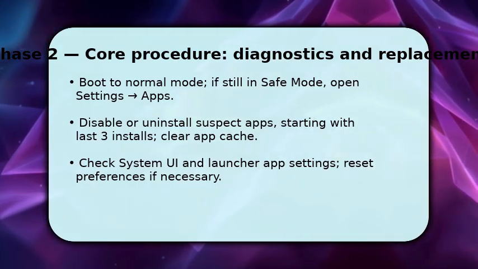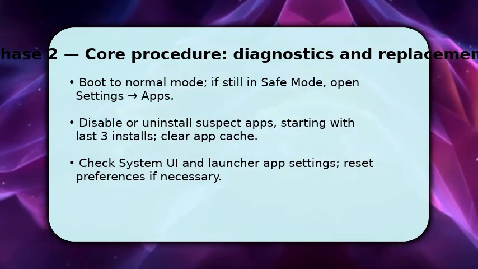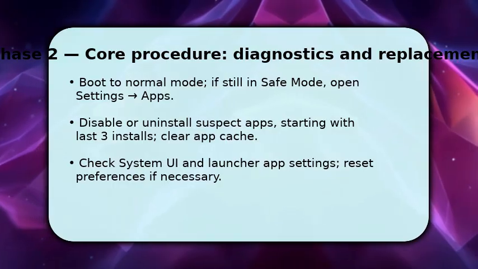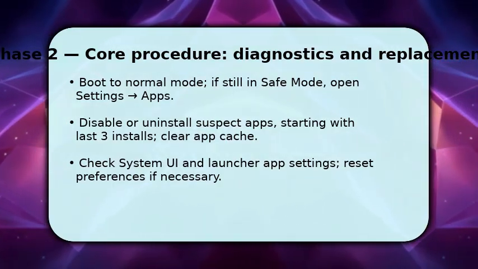Also inspect your launcher and system UI entries. Reset app preferences if you see disabled core services. This sequence isolates whether a third-party app is the cause. If not, you finish by backing up important data, because factory reset is the